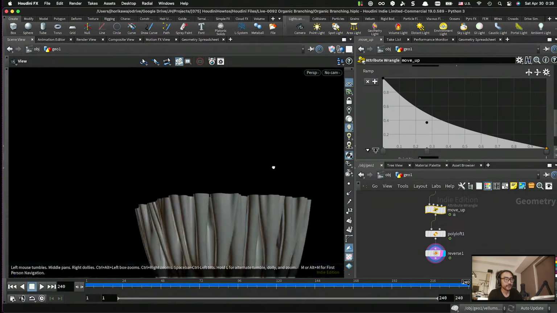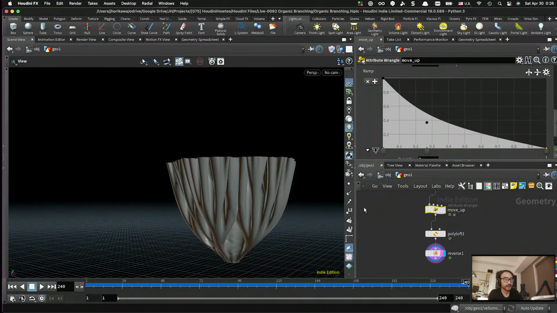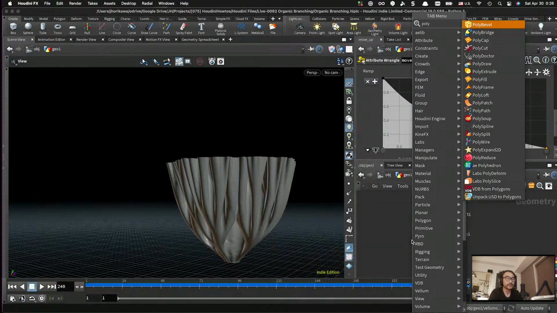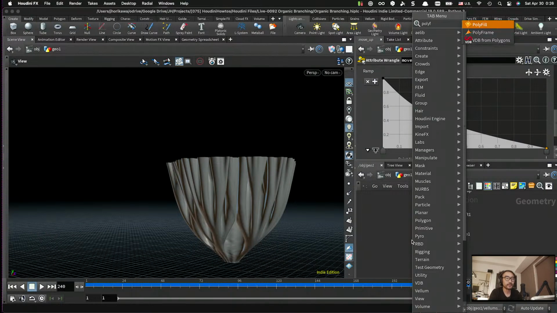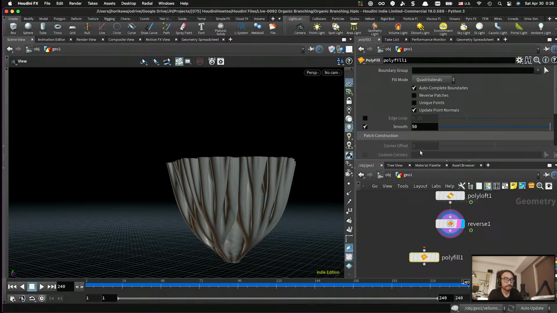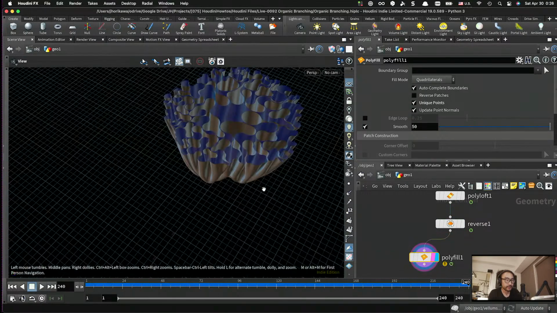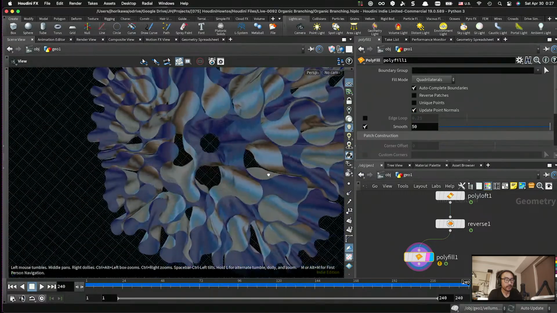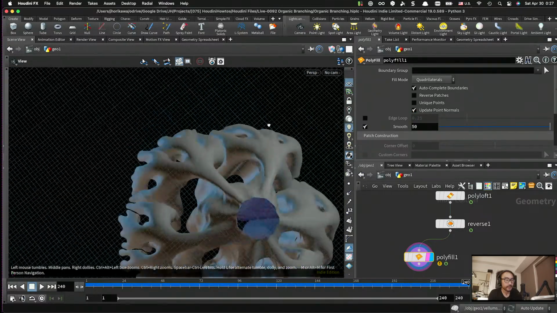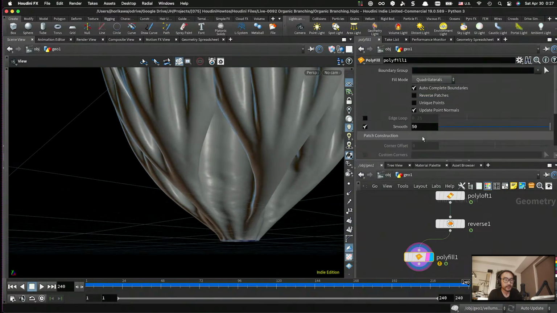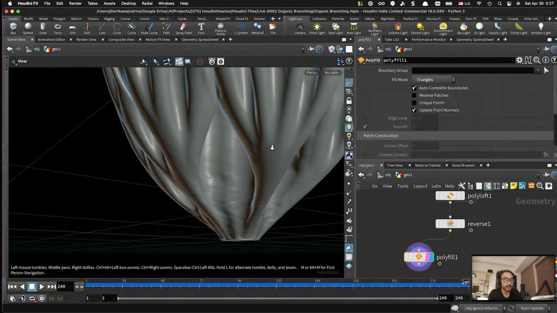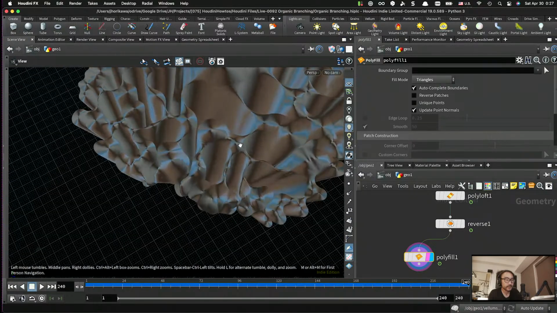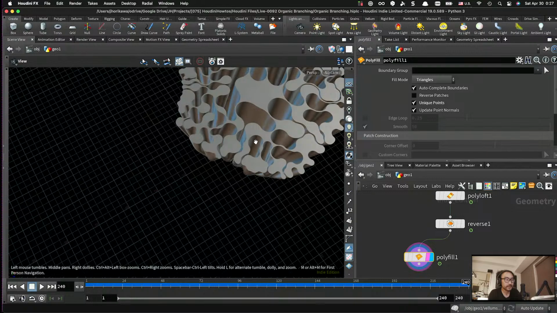And since everything is flat, I mean all the contour is flat, you could also use something like polyfill with the unique points on. You could create... didn't really work. Didn't really work. Triangles? Nope. Okay. And make these unique points. Now you could also